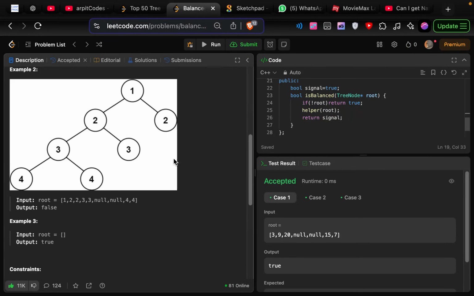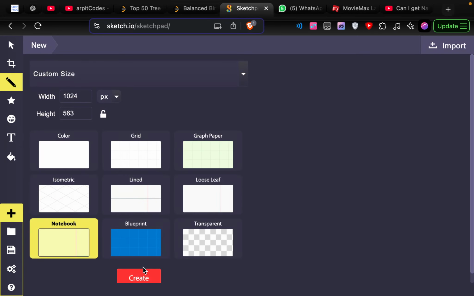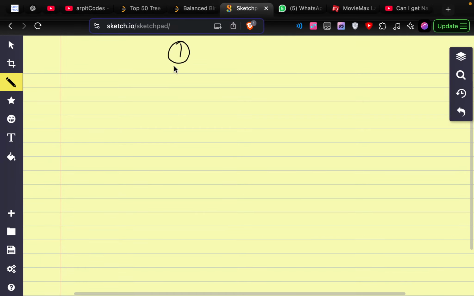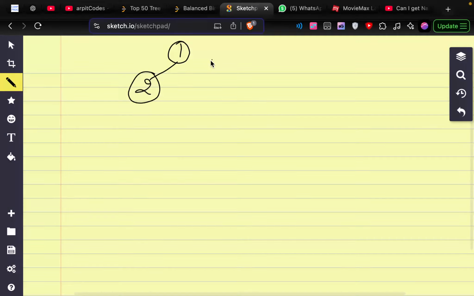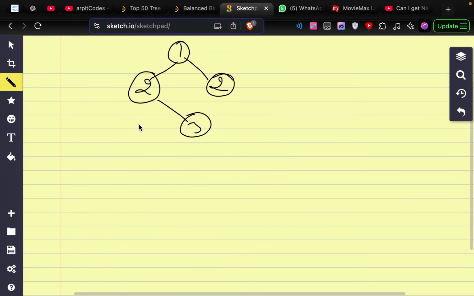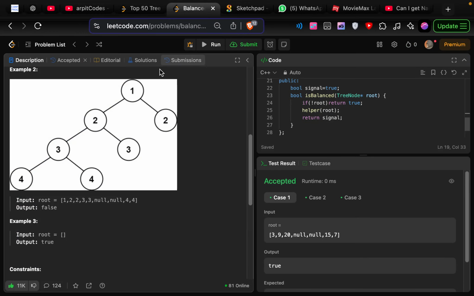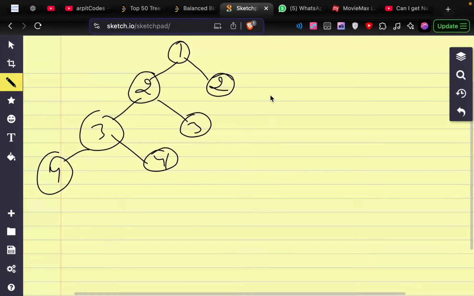Let's say this case 1 2 2 3 3 4 4. So let's say 1, 2, so not 2 2 here, 1 2 2 3 3 4 4 and 4. Okay, now we came here, you are doing the same thing, 1 plus max of 2, 3 3 4 4 and